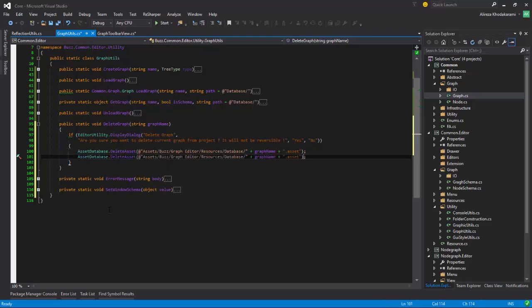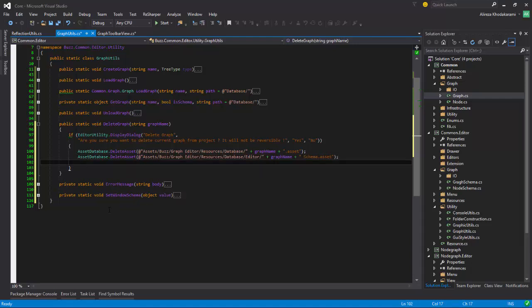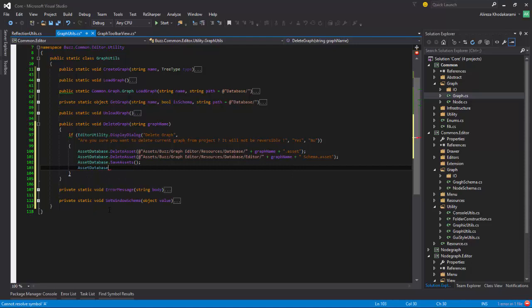Same thing happens from editor / remember space schema. After that we say AssetDatabase dot SaveAssets and AssetDatabase dot Refresh,